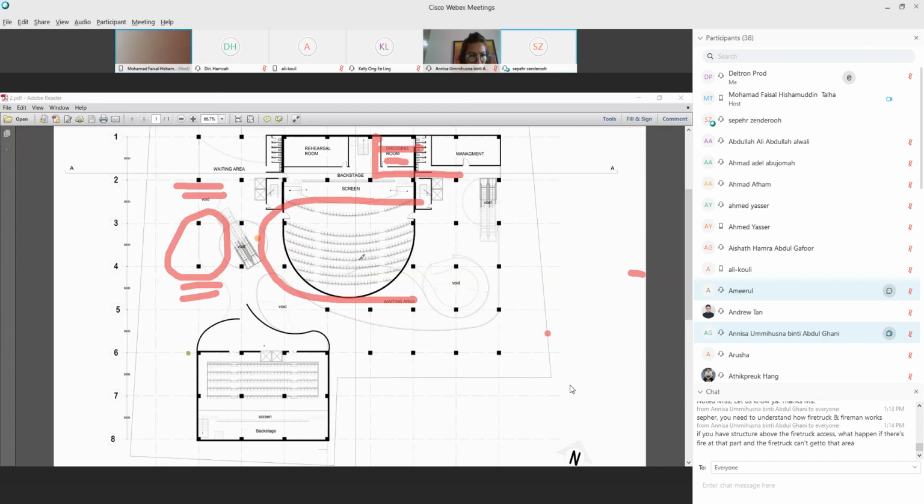Maybe it's not useful now, unless this is your lobby and your theater is looking that side way, then it's useful to use the escalator here over the ramp. It all depends on where you put your entrance.